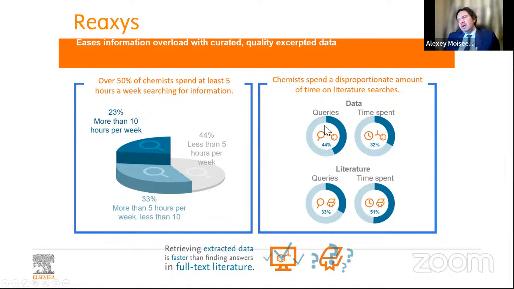It's a big issue. So chemists really spend a lot of time on finding information. At least 50% of chemists spend at least 5 hours per week searching for information.